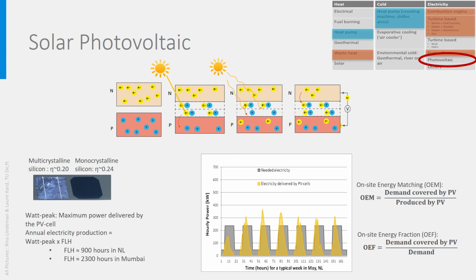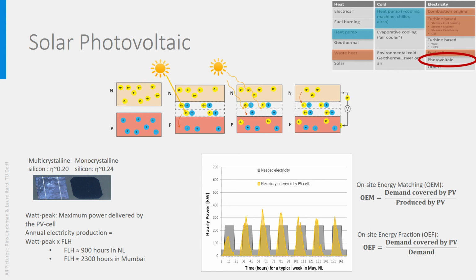In orange, you see the electricity produced by 2000 square meters of PV cells. So, you see here that sometimes the PV cells produce more than needed, such as the orange part that does not cover the grey one. Sometimes it produces only a part of what is needed, such as the orange part overlapping the grey one. And there are also many hours where there is only a grey part. This electrical demand is not covered at all.